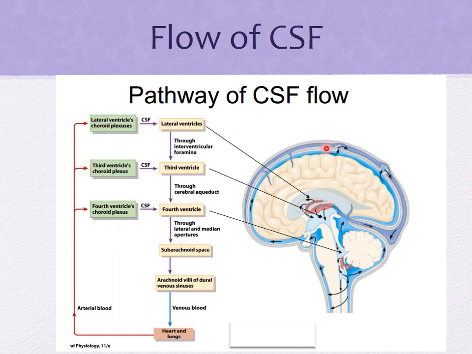All right, and that's how it flows. You don't have to know all the foramens and those things specifically. However, know that it starts in the lateral ventricles, goes to the third ventricle through the cerebral aqueduct or aqueduct of Sylvius, through the fourth ventricle to the subarachnoid space, and then it goes to the arachnoid space of the venous system. It's just good to know the flow, because I'm about to tell you about two different types of hydrocephalus, and knowing this will help you understand that.